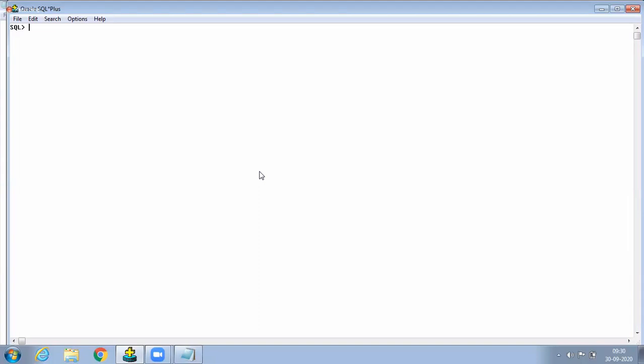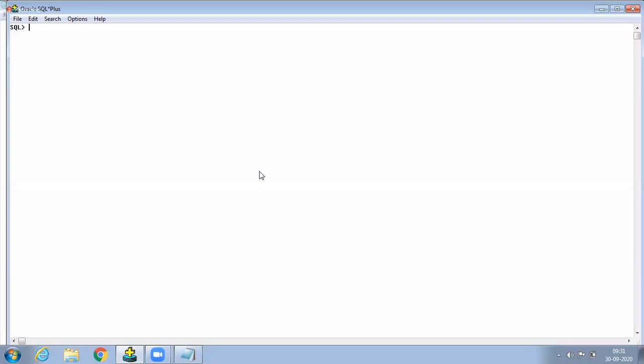Before we start joins, I'm asking a concept only, otherwise I'm trying it practically. Without using a join condition, join condition means a specialized where condition, you try to retrieve the data from multiple tables without using a join condition. Then what happens in the database? That is a question mark.